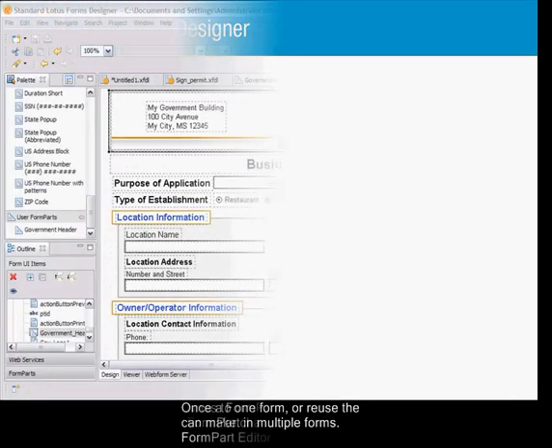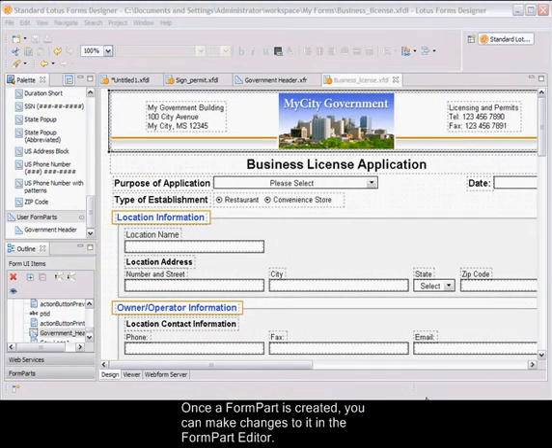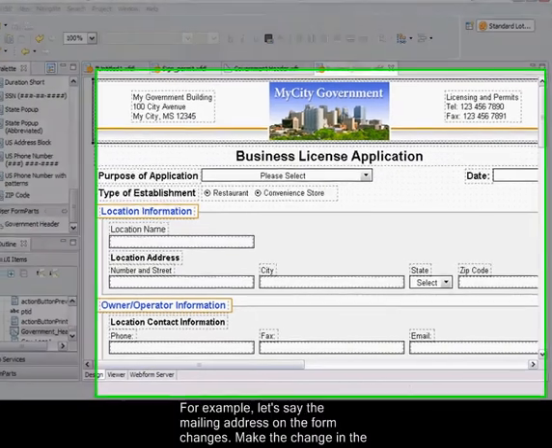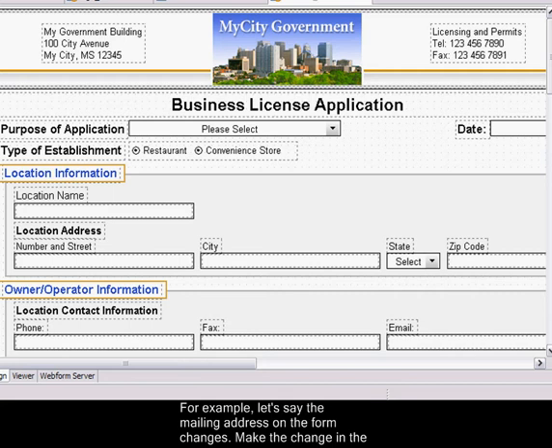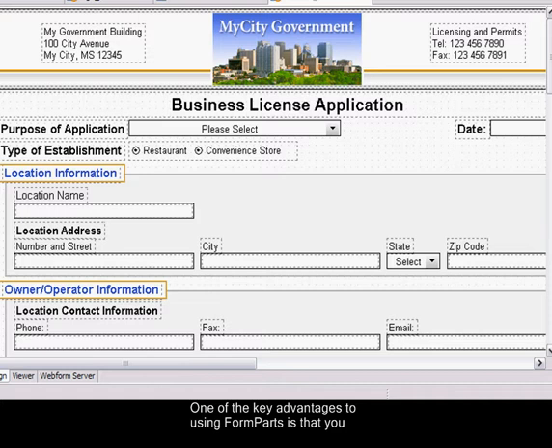Once a form part is created, you can make changes to it in the form part editor. For example, let's say the mailing address on the form changes. Make the change in the form part editor and then apply the change automatically to all forms containing the form part. One of the key advantages to using form parts is that you don't have to apply changes in each